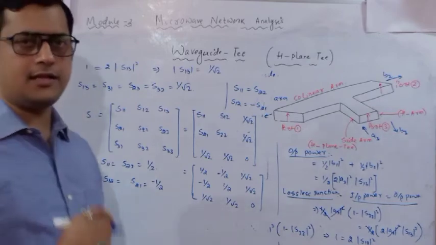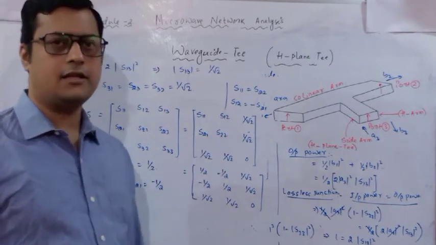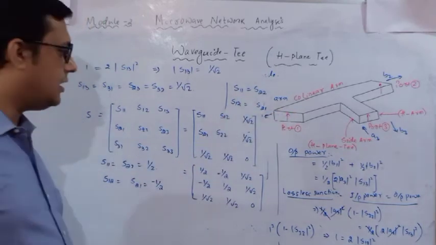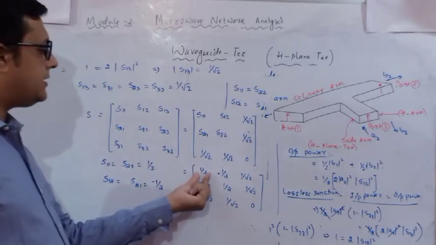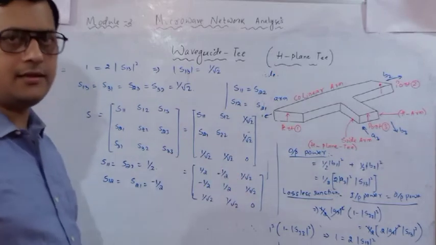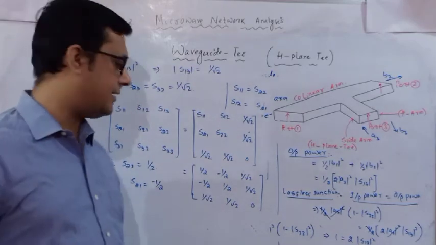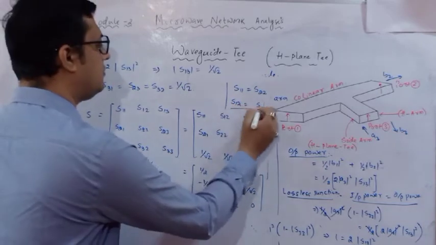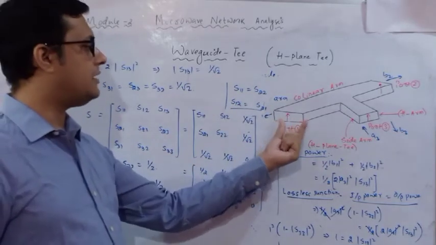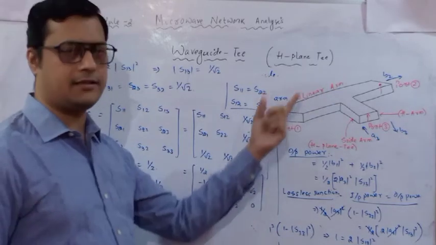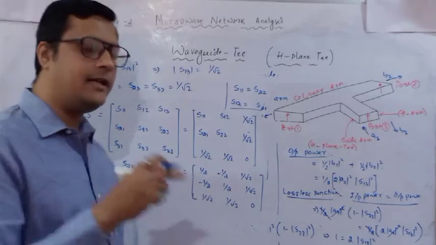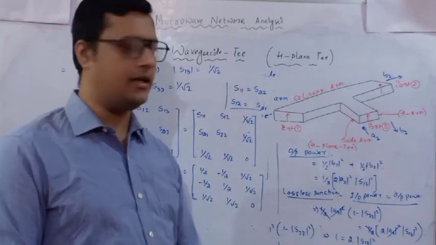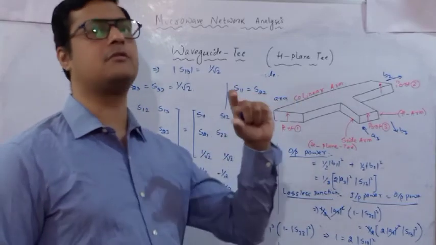Now for this relation, how do we identify the values? S12 is equal to S21. So what will the values be? Now if this is half, this is 1 by root 2, square these two components, add them and subtract from 1. So you will get S12 is equal to minus 1. Similarly S21 is also equal, because the power available at port 1 and port 2 is in the same phase. But if it is in a different phase, that means it is the E plane. This is the H plane, meaning S12 is equal to S21. In the E plane it is S12 is equal to minus S21.